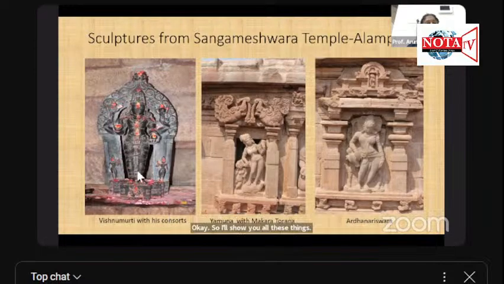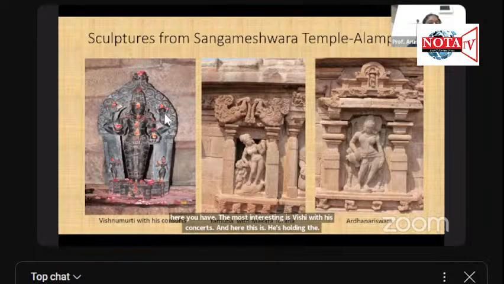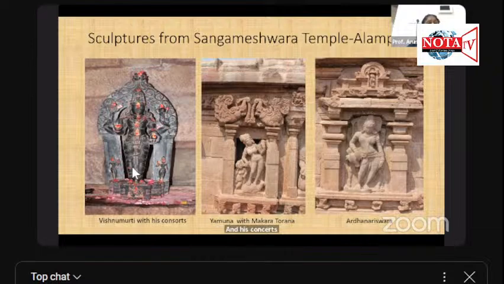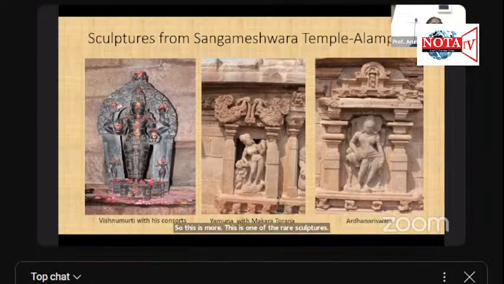So here the most interesting is Vishnumurti with his consorts. Here he's holding the pinda in his hand, with Chakra and Shankha, and his consorts. This Vishnumurti is one of the rare sculptures that we find here, and that is one of the reasons why